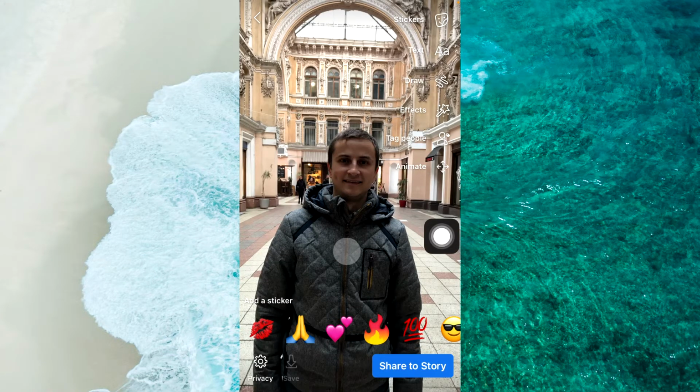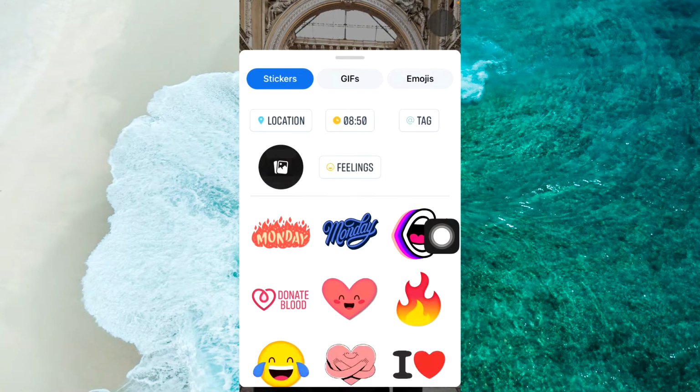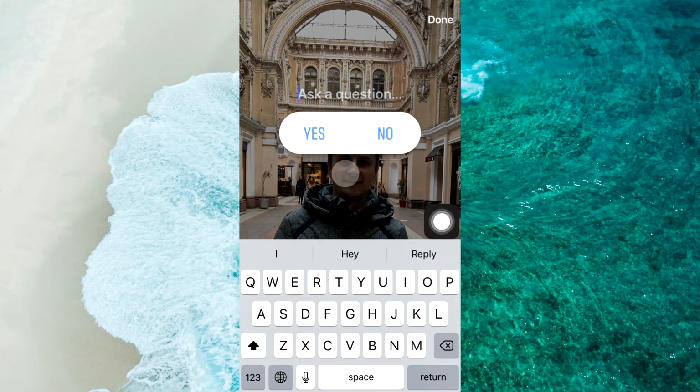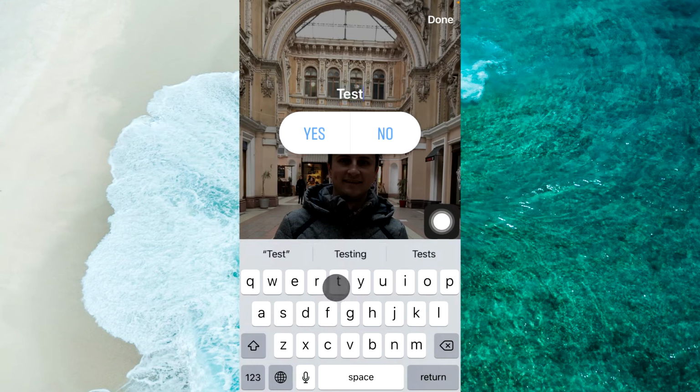Next step, in the very top you will see stickers. Tap on stickers and here you will see poll. Tap on poll. And here you should ask some question, for example, testing, and also you can change the answer yes